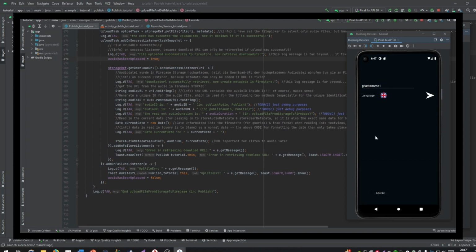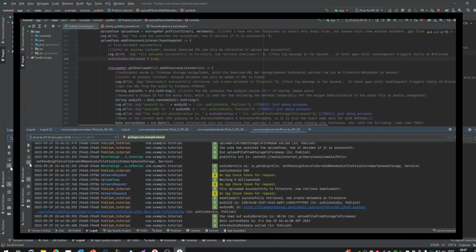So this recording we have just recorded will be published by pressing this button, which has no feedback, but it is a button. Now it is recorded, and yeah, we could make a toast or something, but I didn't do that this time. And as you can see here in the logcat,